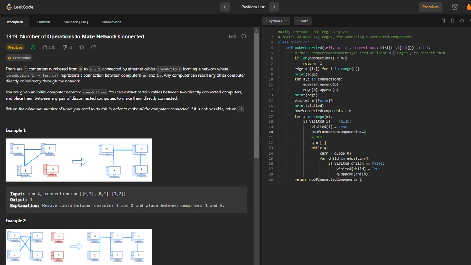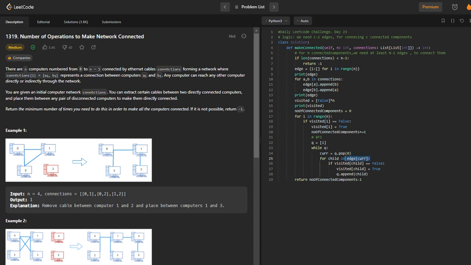BFS, if you know already, then you must be thorough that we will be using a queue. The queue here has a value i. Run this till my queue is not empty. I will pop the leftmost element of the queue and store it in the variable cur. Cur is like 0, 1, 2, meaning the zeroth node, first node, second node, like that. For child in edges of cur,